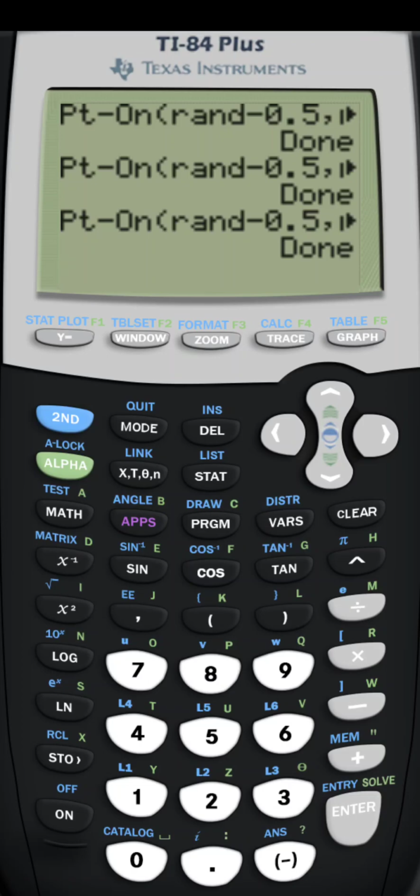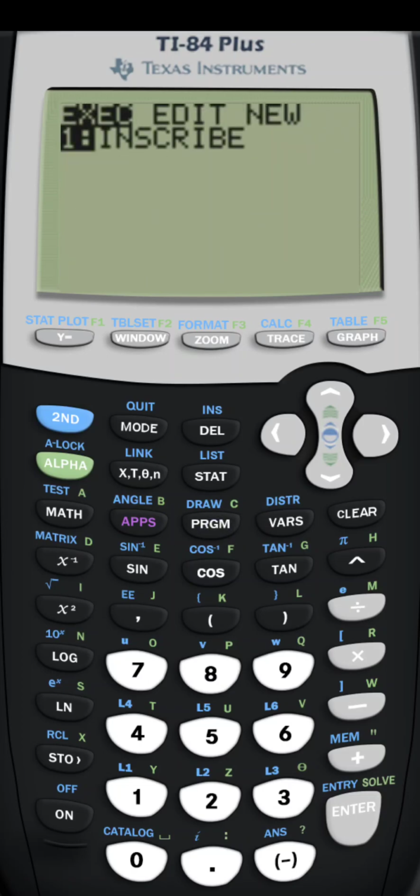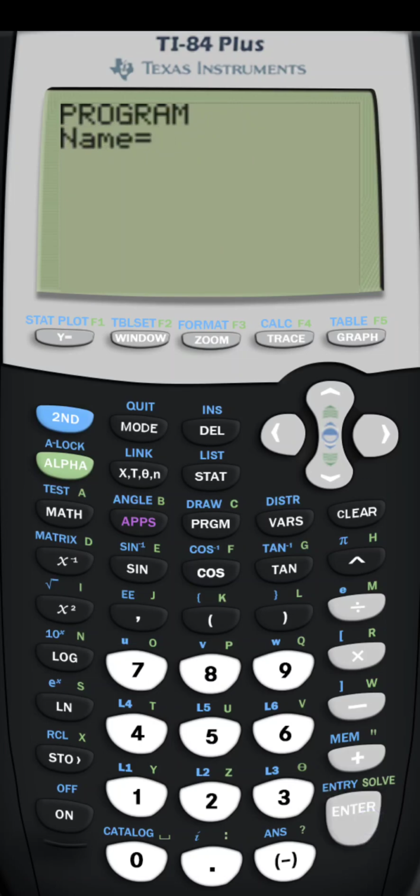In the next video we're going to hit this program button. I made an Inscribe program earlier that does what I just showed you, creates a circle and a square and generates some points. But next video we're going to create a new program. I'm going to go ahead and create the stub, the blank shell of the program, and I'm going to call this